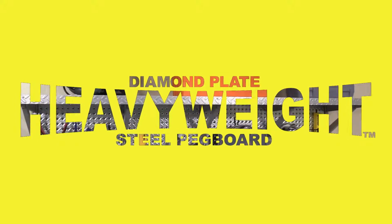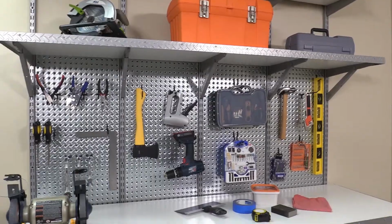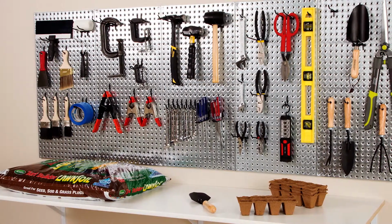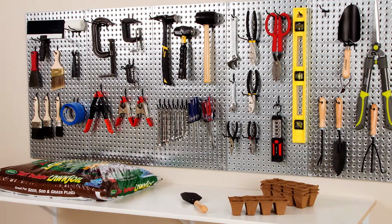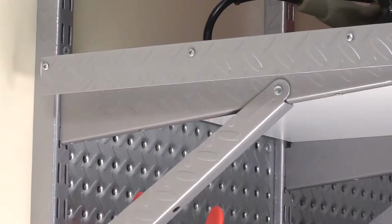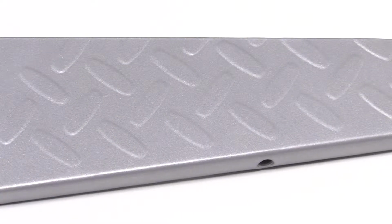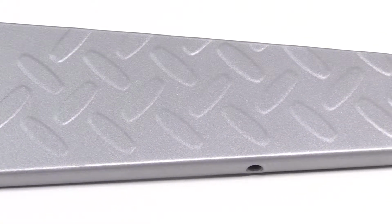Built to withstand demanding work environments, the heavyweight diamond plate steel pegboard and shelving system from Knape and Vogt is your first choice for garage, shed, and workshop storage. You've never seen anything this durable. Every piece of the heavyweight system is diamond plate embossed, Super Duty steel construction with a durable platinum powder coat